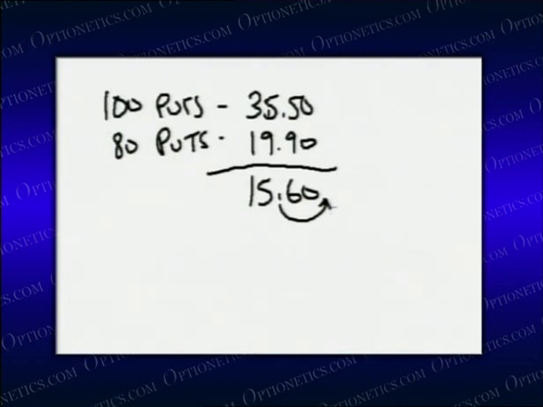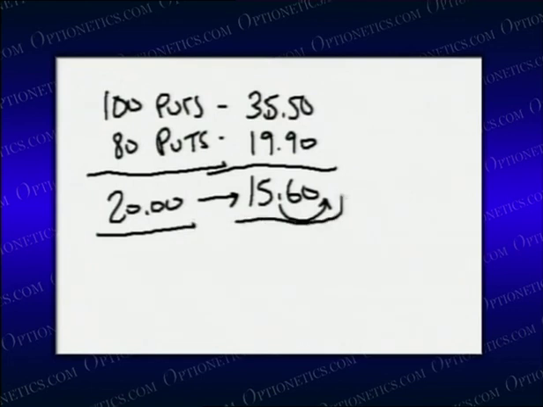Now, the other thing I want to make sure I note is that while George was talking about this, I'm moving the decimal place over to the right 2 times, and that's going to give me my real dollar cost. Second thing is, what's the difference between strikes? Let's take the 80 minus 100, give myself 20 points between strikes, and just by looking at these two numbers, I already know what my maximum risk is. I'm taking the difference between strikes minus the spread, the credit that I brought in, and that's going to give me a risk of